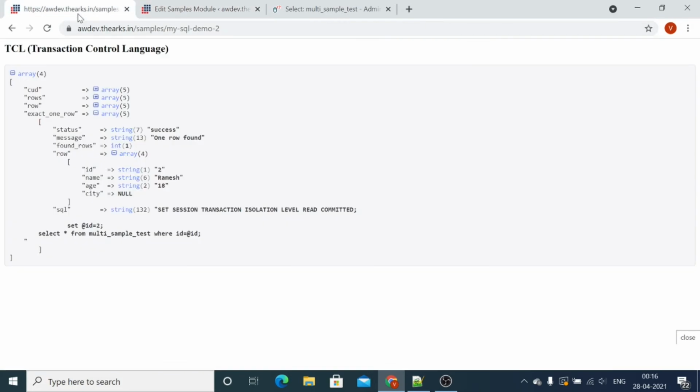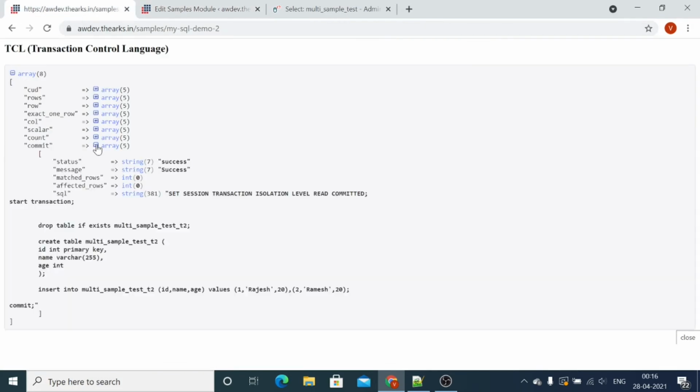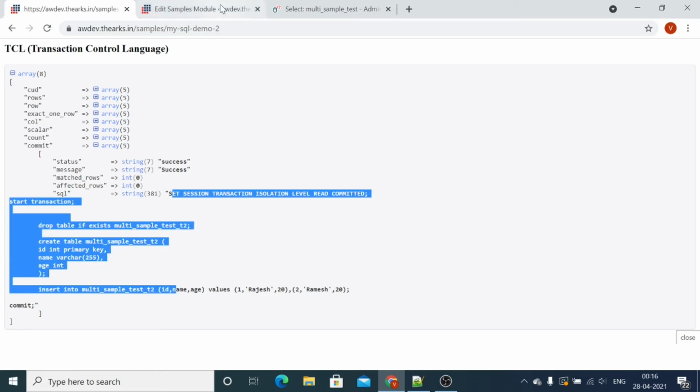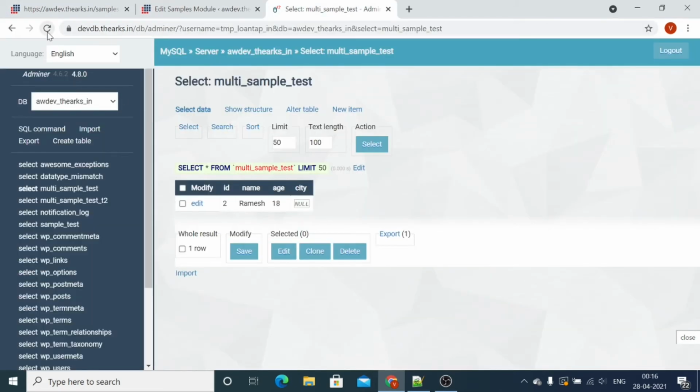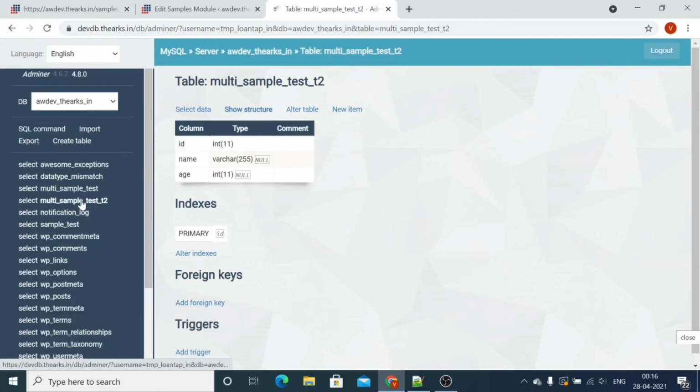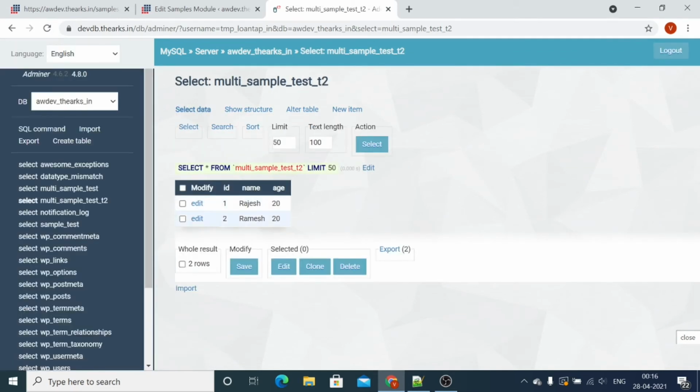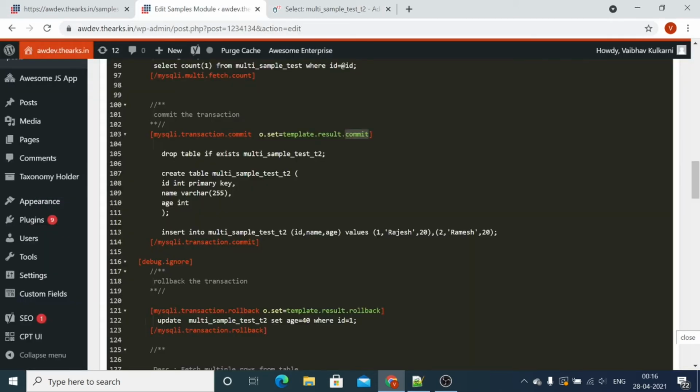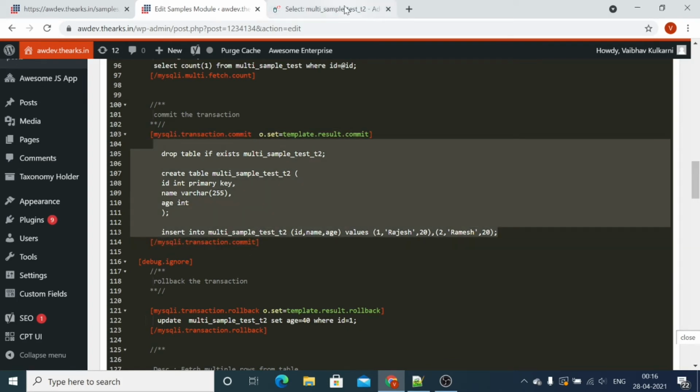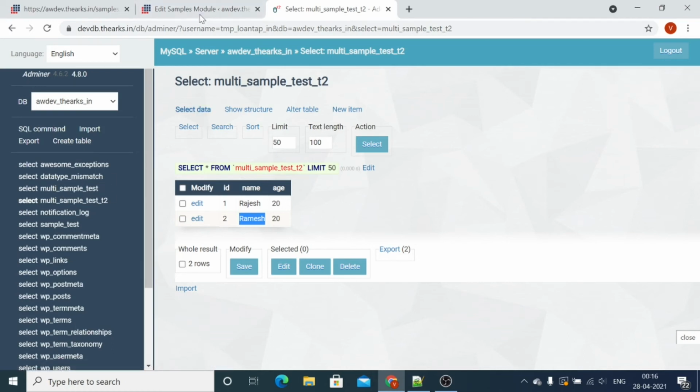Now let's check this. As you can see, whatever queries we have written are committed, and the result is that the table is created with two records. So we have committed these transactions, we have executed three queries. We drop the table first, then we create the table, and then we insert, and this will commit our queries, and as a result you can see the table is created with two records.